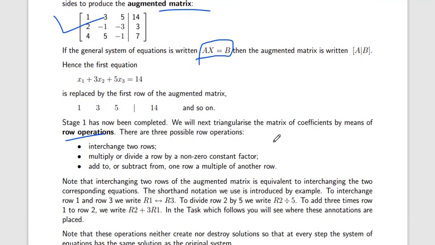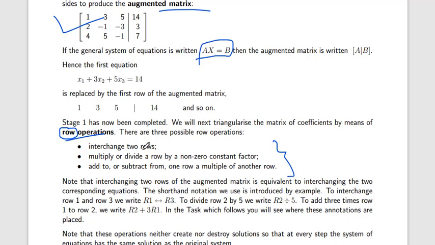There are 3 operations which we use to make this into an upper triangle matrix. This is called row operation, not column. In our lecture I only discussed changing rows or dividing rows, but not columns. So this is a row operation, not column. Try to remember it. We have to change only rows.